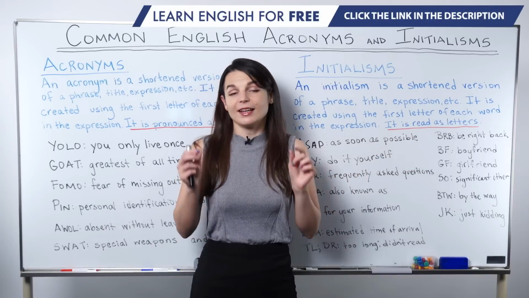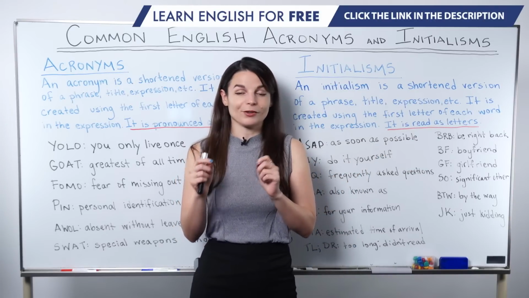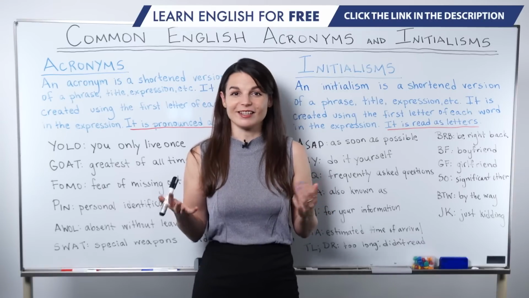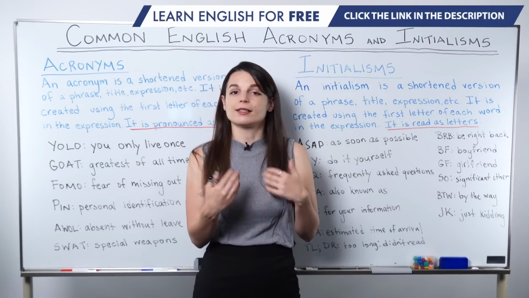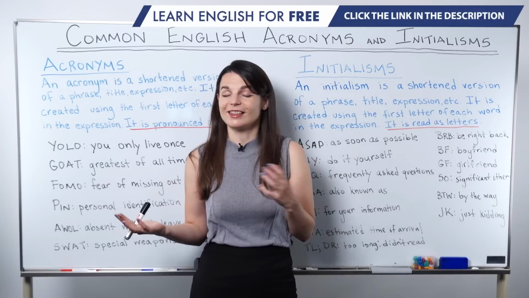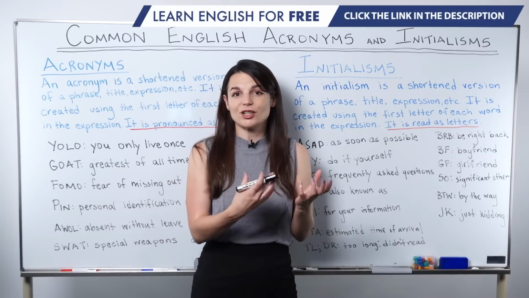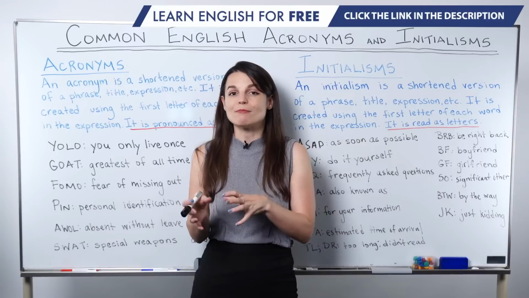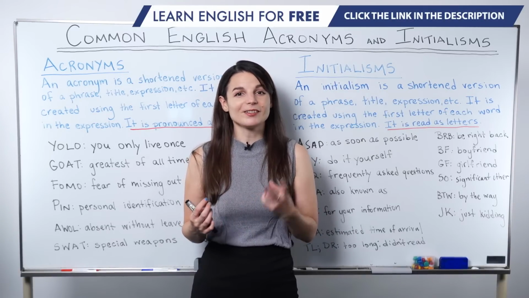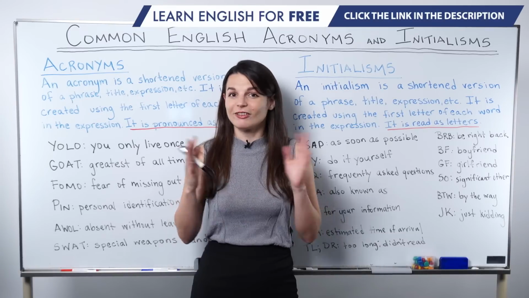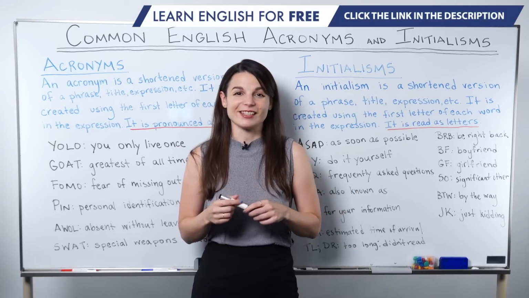The next two are a pair, BF and GF, boyfriend and girlfriend. We use these in place of the word boyfriend or girlfriend in our text messages and so on. So for example, having coffee with my BF right now, you could say having coffee with my boyfriend in the same way. Or I'm meeting my GF for dinner tonight. So I'm meeting my girlfriend for dinner tonight. BF and GF are very commonly used in text.